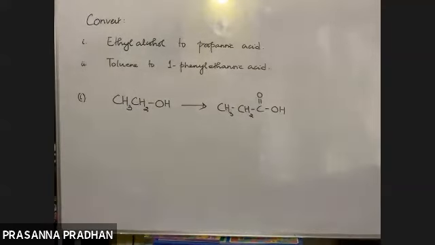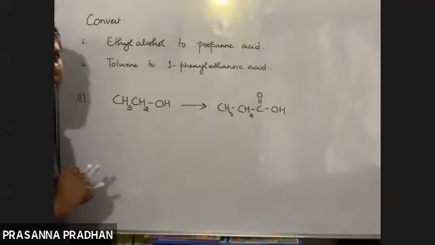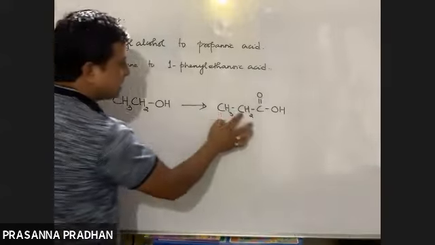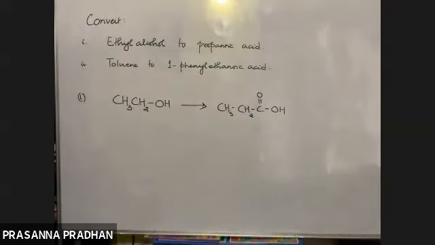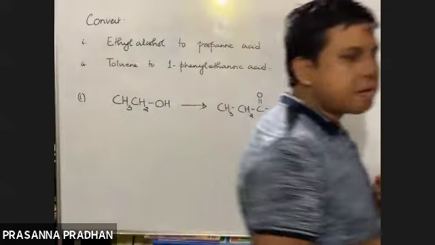Okay, so we wrote down the reactant and we wrote down the final product. So now we'll see what is the main difference between these two. The main difference I can see out here is the starting compound contains 2 carbon atoms, but the product contains 3 carbon atoms. So that means we need to add an extra carbon. How can you add an extra carbon?